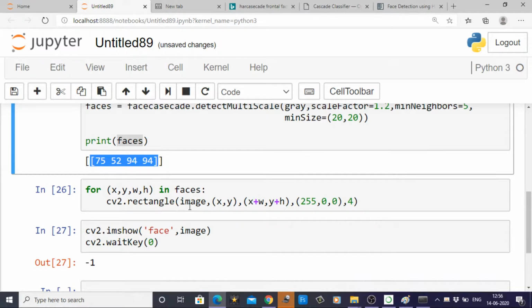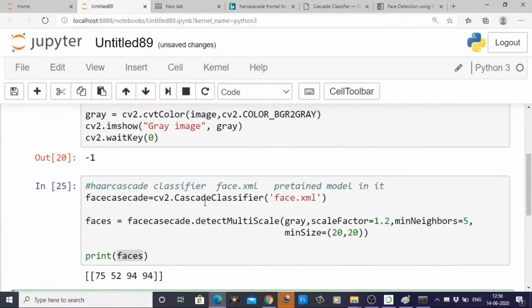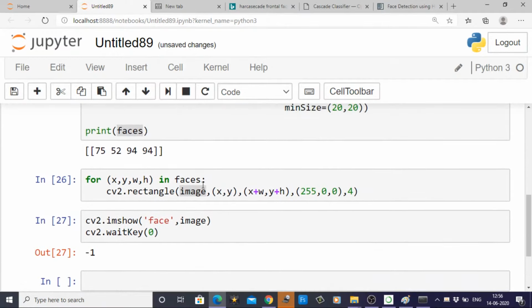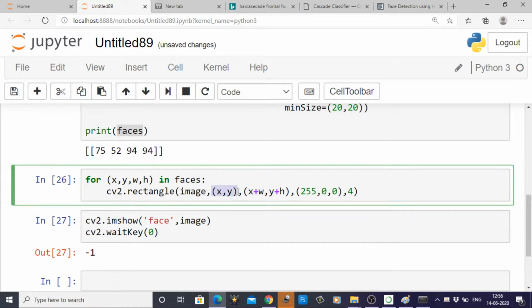cv2.rectangle, and inside this I'm drawing a rectangle over the image, and inside the bracket you need to write your original image, the color image. Okay, and then you need to give the start parameter for the rectangle, x comma y, and the end parameters for the rectangle: top left corner, this one, and bottom right corner. Okay, and these three parameters